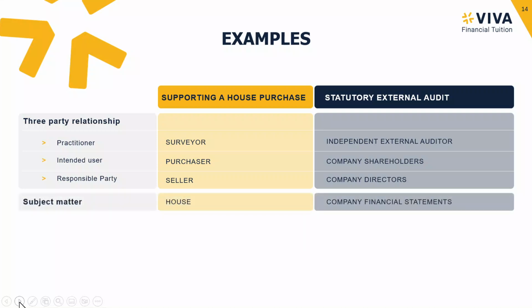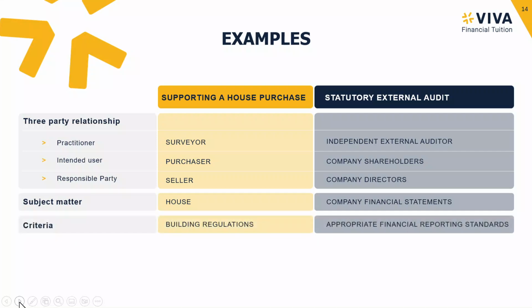Thinking about what it is they are looking to get confidence in. With buying a house, you want to have confidence in the house itself, that it is a real house, it's not going to fall down, all 4 walls, roof, everything is there. When we're thinking about a company, and specifically the external audit, it is their financial statements that is the subject matter. That is what the directors are preparing or providing information-wise, and that is what the shareholders are looking to trust in, so that they can make decisions appropriate for themselves, for example, based on the performance of the company.